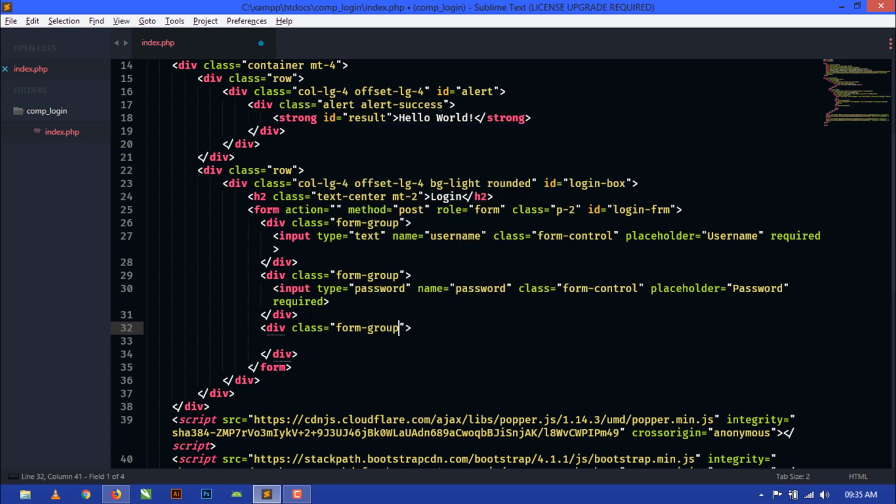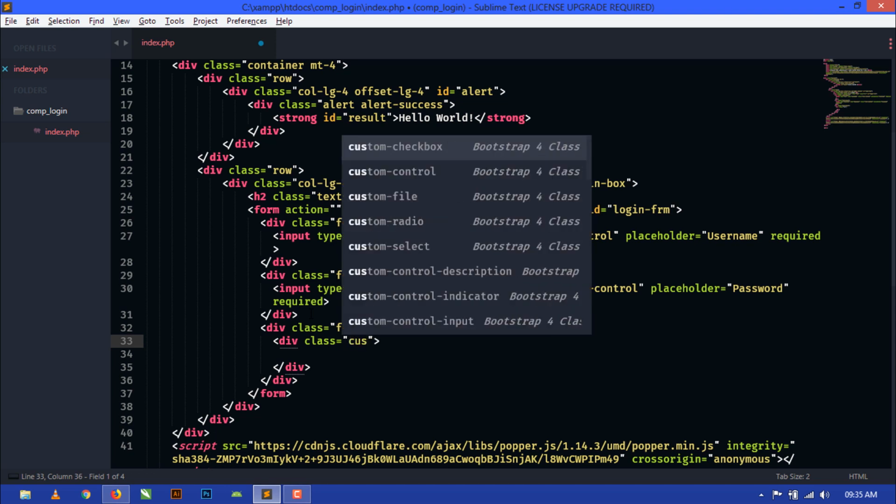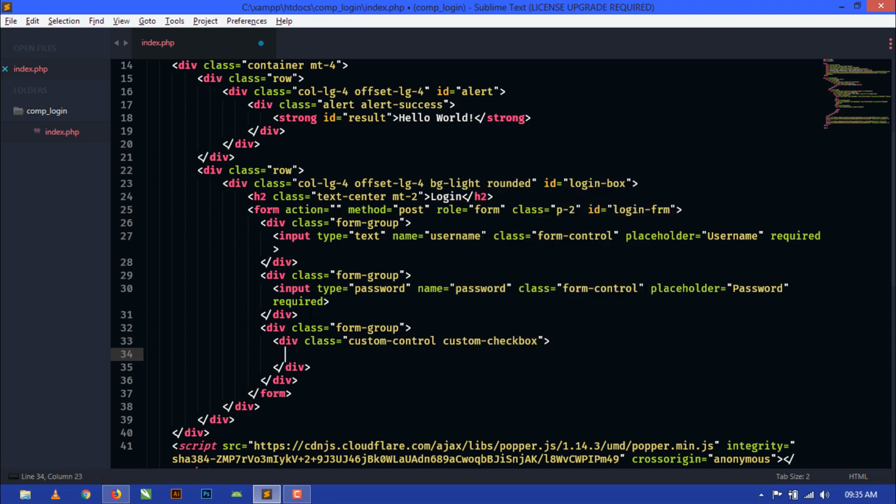Now inside this form group I'm creating another div and giving class custom-control and custom-checkbox. Okay, now inside this I'm going to write input type checkbox